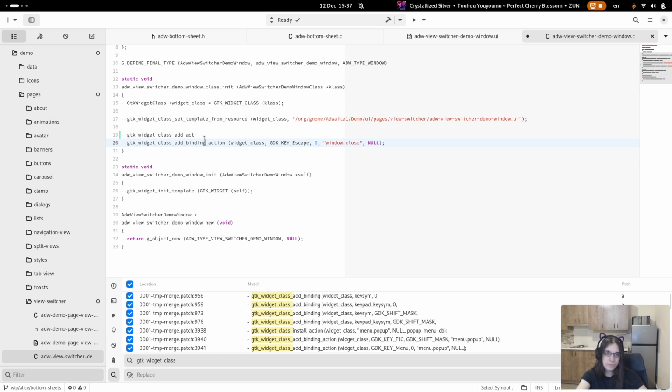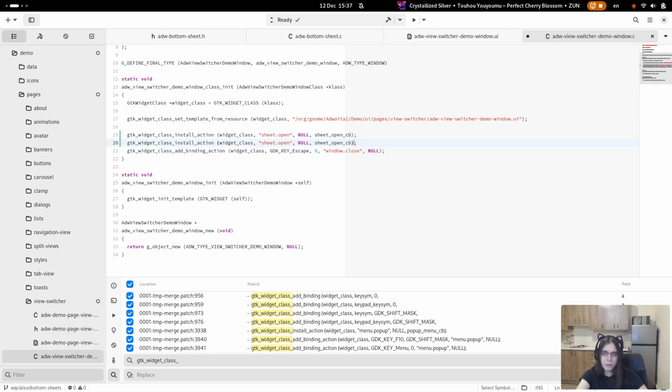Install action. So neither. Sheet.open. Now open callback, and the same thing for closing.